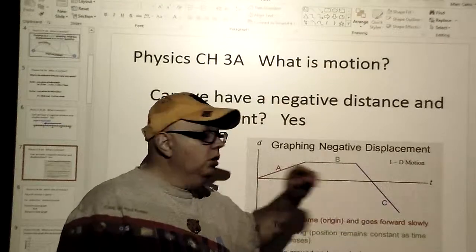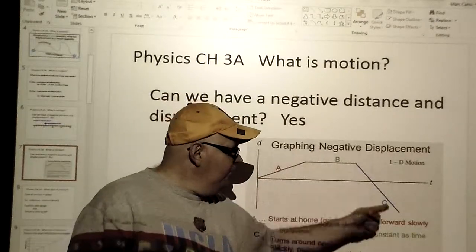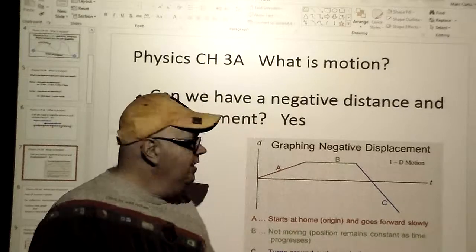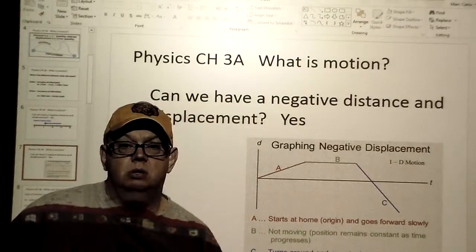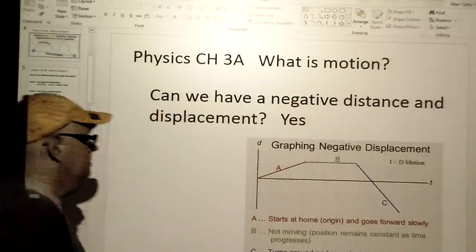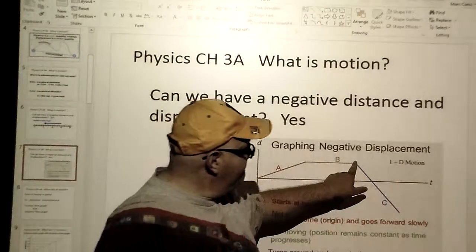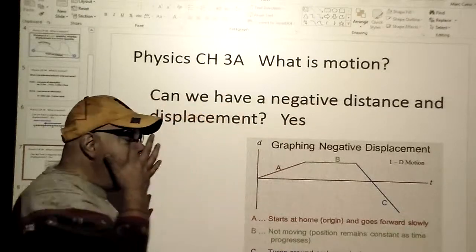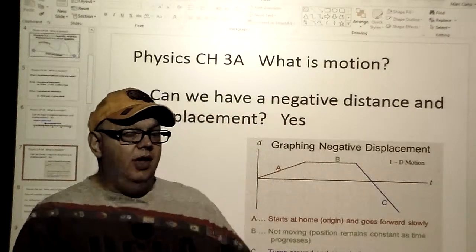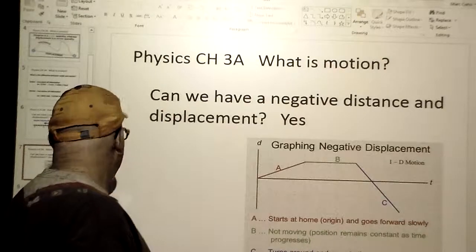Time moves forward, okay? If you're going down this way, okay, that means you're going down, down, down. You're going backwards, son. You're going backwards, okay? Because you're going back over the distance. Remember, time keeps moving forward. So you should be able to look at a graph and be able to tell me about that, okay?